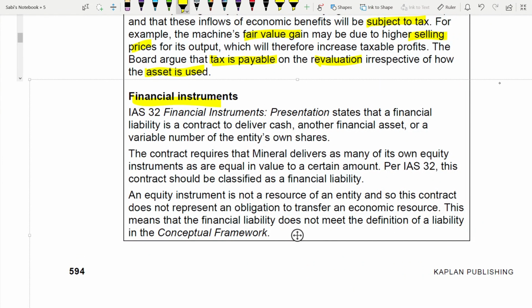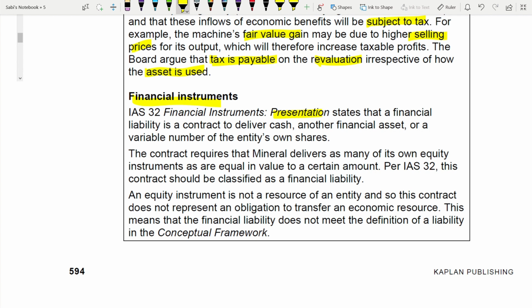See, don't get confused, there are three standards which deal with financial instruments. One is IAS 32, one is IFRS 7, and the other one is the main one, which is the biggest, IFRS 9. IAS 32 talks about presentation. Presentation means whether it should be a financial liability or an equity. Whenever this question comes, financial equity versus liability, it is IAS 32. Whenever it is about disclosure of financial instruments, it is IFRS 7. Other than these two, anything else on financial instruments, the main standard is IFRS 9. Okay, this is the easiest way you can remember the three standards.